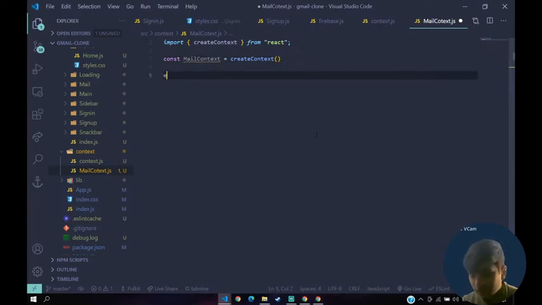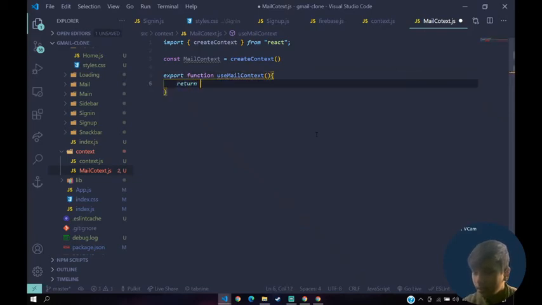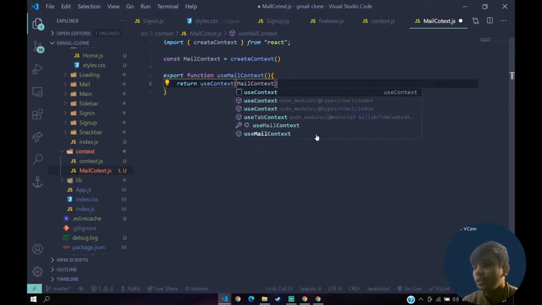Then we are going to create a function to use it: export function useMailContext, which returns useContext of our MailContext. Import useContext from React.